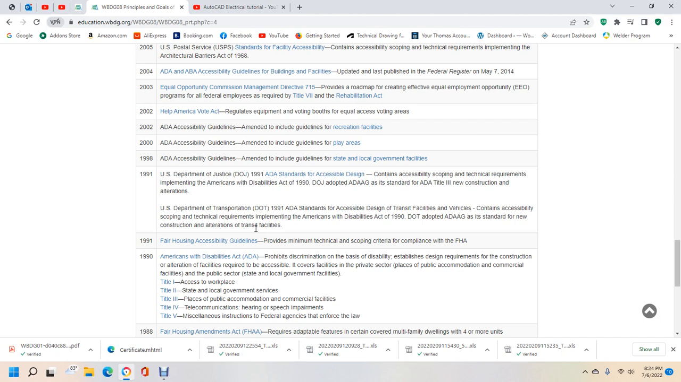In 1991, the Fair Housing Accessibility Guidelines provided minimal technical criteria for complying with the Fair Housing Act. In 1990, the Americans with Disabilities Act prohibited discrimination based on disability and established design requirements for the construction and alteration of facilities required to be accessible, covering the private sector, public accommodations, commercial facilities, and the public sector, state and local governments. Title I covers the workplace, Title II state and local government services, Title III places of public accommodation and commercial facilities,